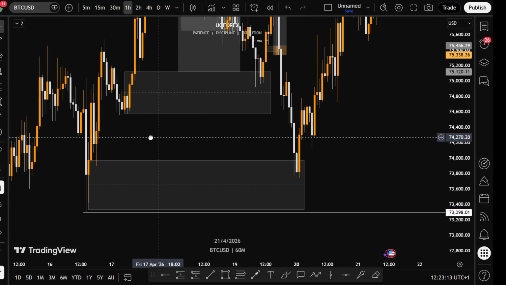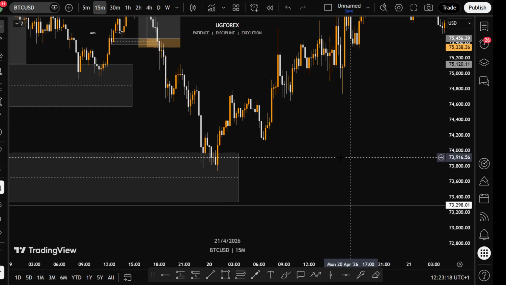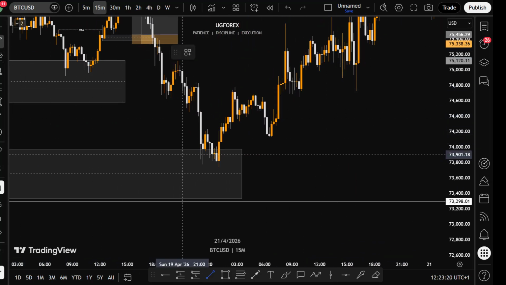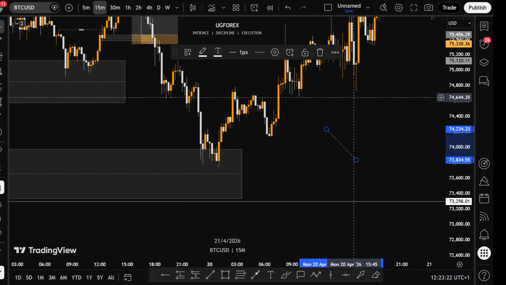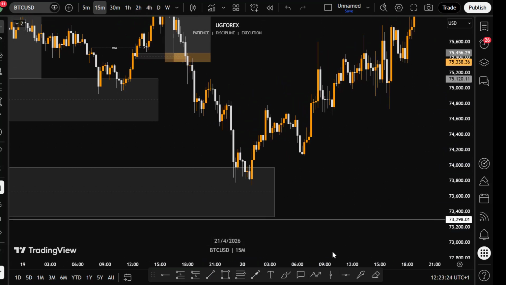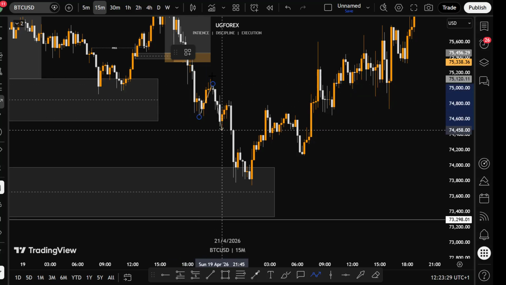So at this point, we are expecting the market to give us another structure for a continued buy. So what can we see here? We can see the market creating structures again to the downside. Let me just delete this. Now, these are the structures we see: a low, a high, a low, another